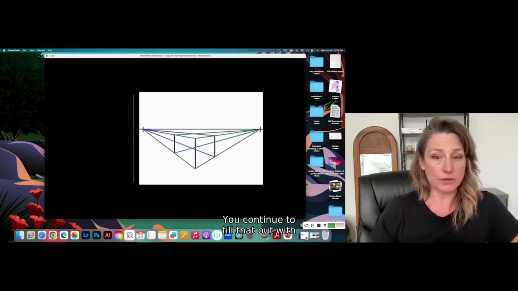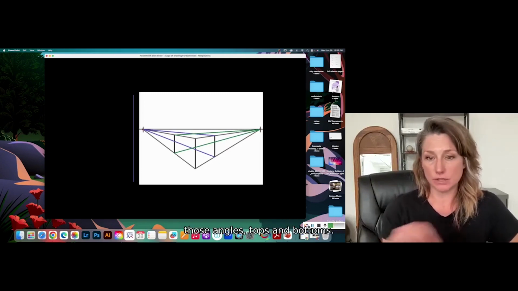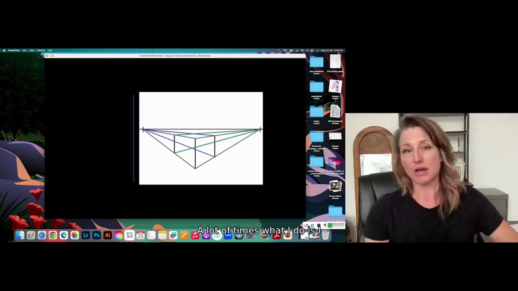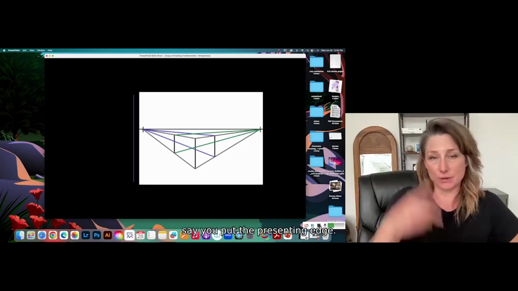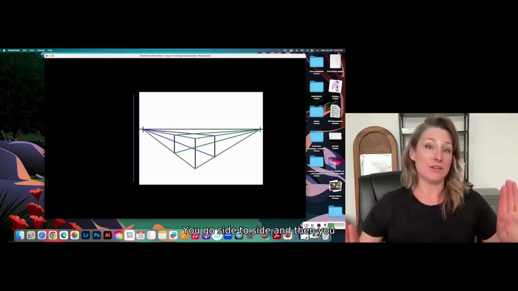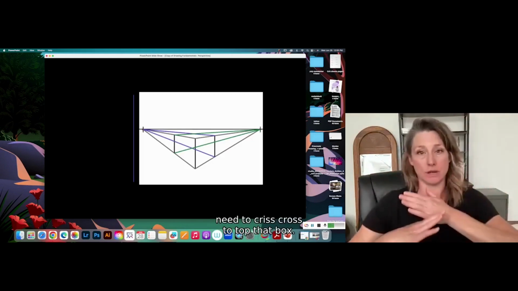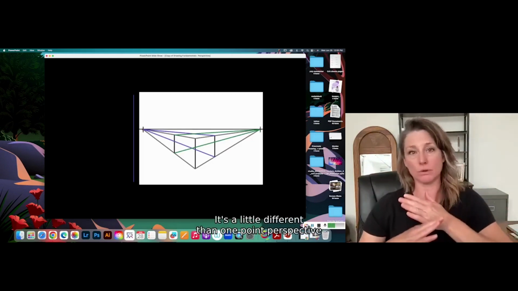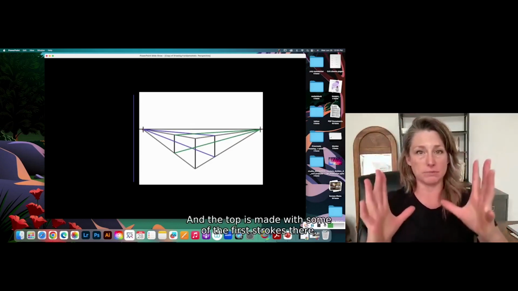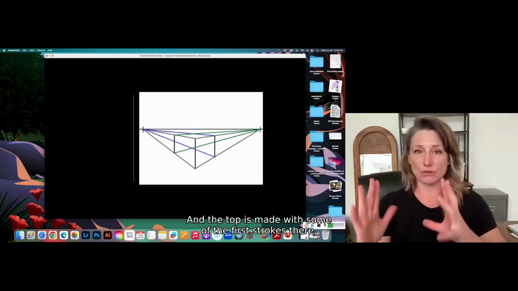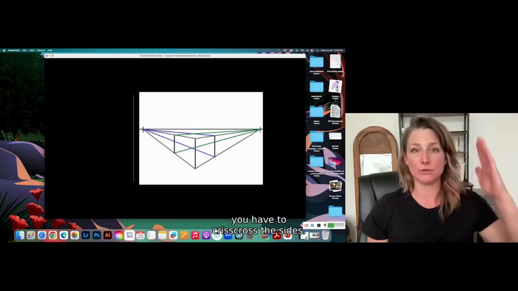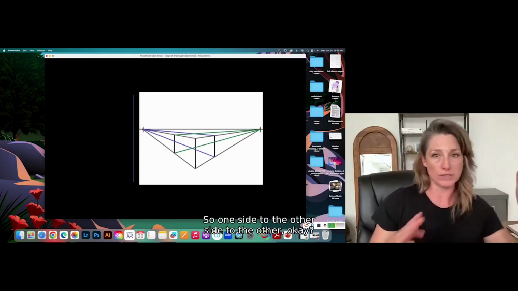You continue to fill that out with those angles, tops and bottoms. Now with the top and bottom, you want to crisscross. A lot of times what I do is I say you put the presenting edge, you go side to side, and then you need to crisscross to top that box. It's a little different than 1-point perspective because you can kind of close off that box at the end and the top is made with some of the first strokes there. But with the 2-point perspective, you have to crisscross the sides, so one side to the other,